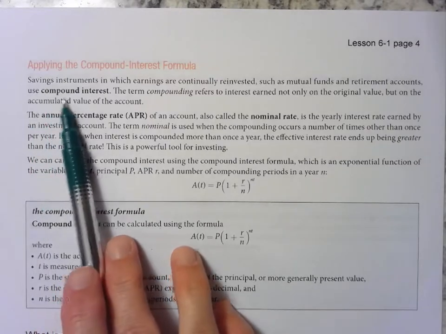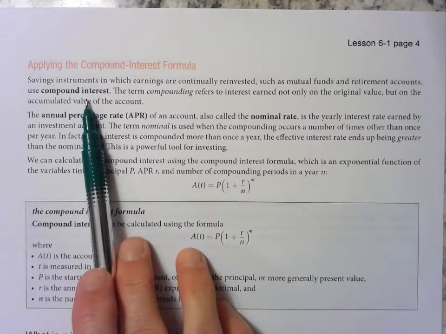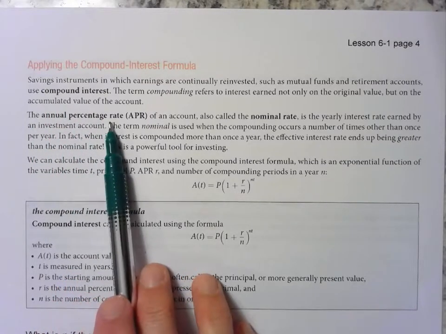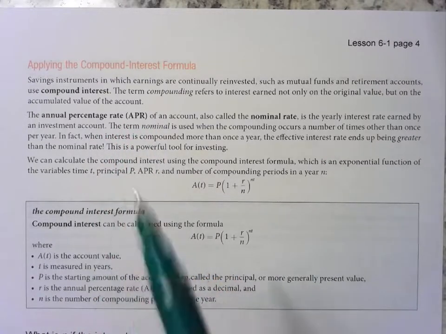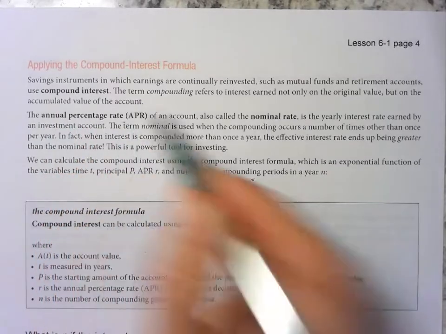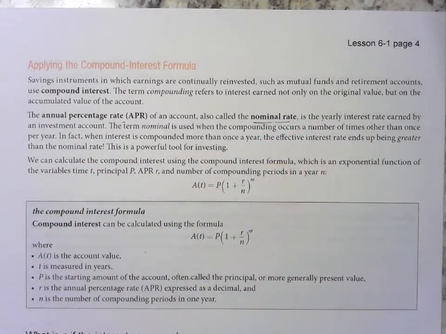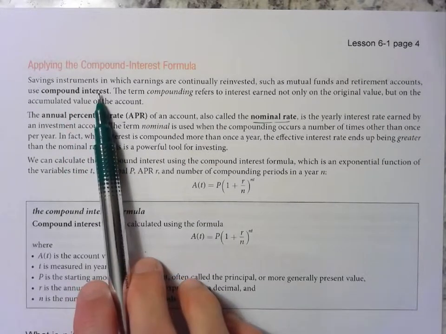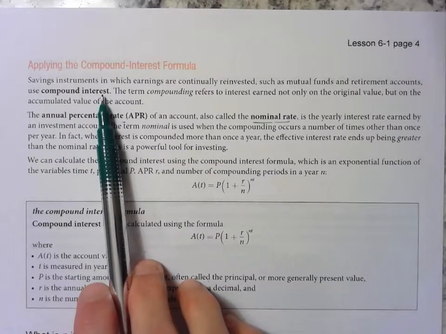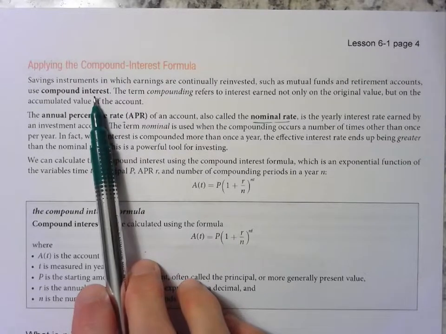We're talking about compound interest. The annual percentage rate is also abbreviated by APR. I just want you to know that this annual percentage rate and nominal rate mean the same thing. Okay? So compounding interest is interesting because with this, if you're putting it into a savings account, let's say you